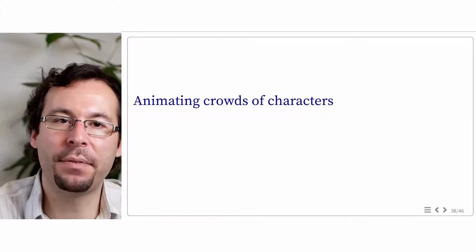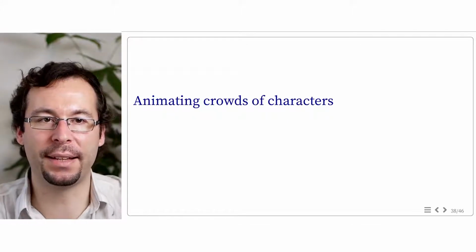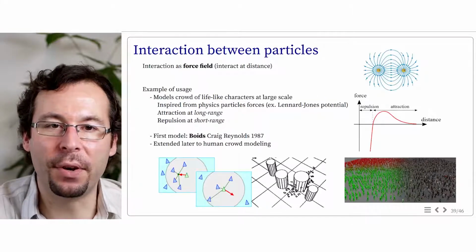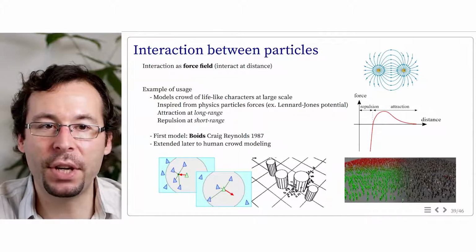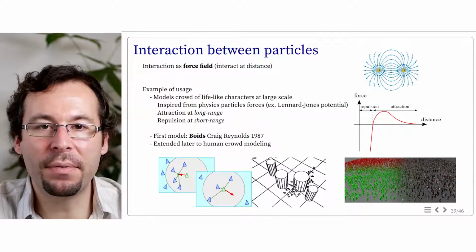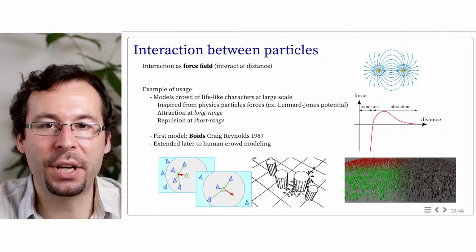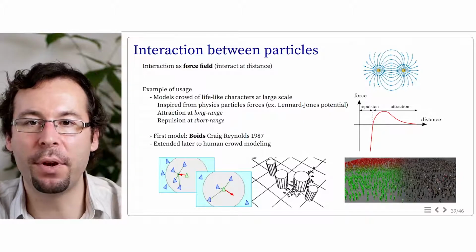Finally, in the last part of this video, we see some simple approach to model crowds of characters. When lots of characters are involved and viewed from far away, the simplest representation we can use for each of them is a single particle. Then an idea to give these individual particles an impression of being animated and interacting as a group is to introduce some simple forces.